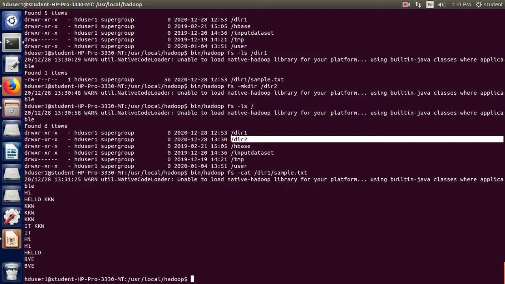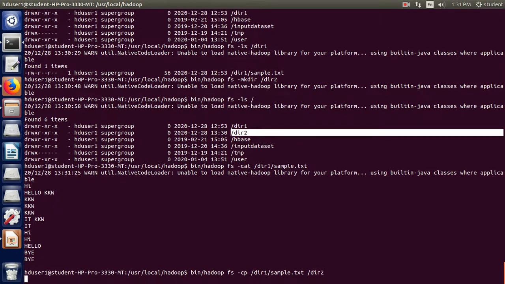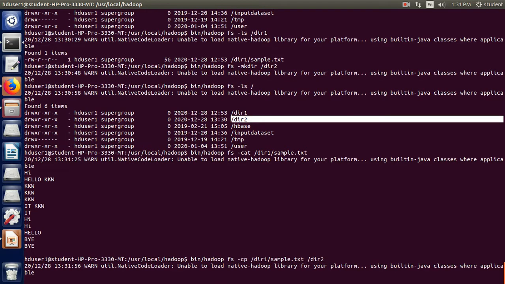Now I can copy the file using the -cp command, from dir1 to dir2. So I can copy dir1/sample.txt to dir2, and you can see the file is created inside dir2.